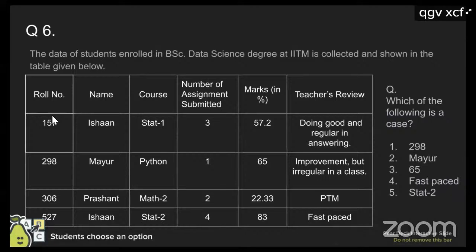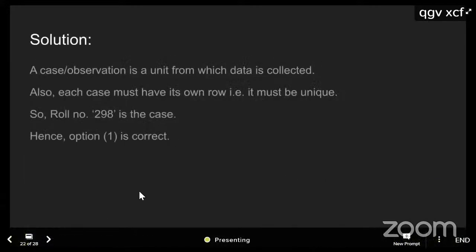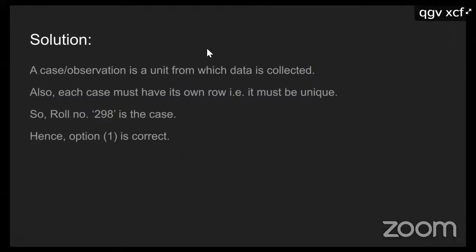You got the meaning of unique: it should be a primary key. Suppose the name of Ishan would not have been repeated in the same table, then will name qualify as a case? Then name will be the case, and there is no need of roll number. Suppose in a class all the students' names are unique, then why is the roll number needed?